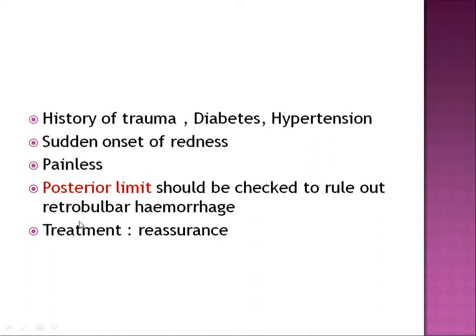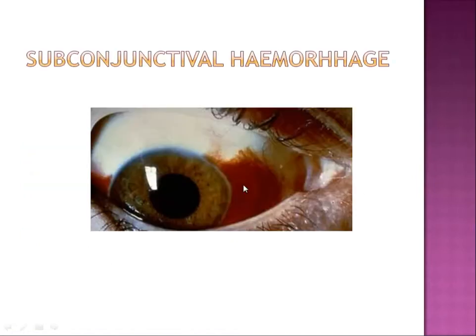The most important thing in subconjunctival hemorrhage is you have to look for the posterior limit. As in this particular picture, this is the anterior limit of the subconjunctival hemorrhage, and this is the posterior limit. You're seeing that the posterior limit is clearly seen. Beyond that, the area is white. That means it is a localized hemorrhage. Supposing it is a retrobulbar hemorrhage, which is continuous in cases of trauma of the basal floor or of the base of the skull, then it will be bilateral and it will be continuous, wherein you cannot visualize the posterior limit of the subconjunctival hemorrhage.